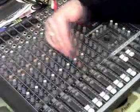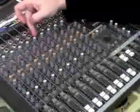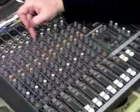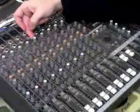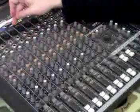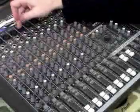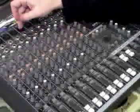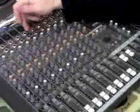Moving down then into the actual controls for the channel. Again, most desks have this layout. You're starting at the very top with the gain control, sometimes called trim on some desks, but it's gain on this particular desk. And what that does is it allows you to adjust the signal coming into the channel strip from your device, be it a microphone or guitar or whatever it is. It allows you to adjust the level of that signal to an optimum level for the desk to understand and